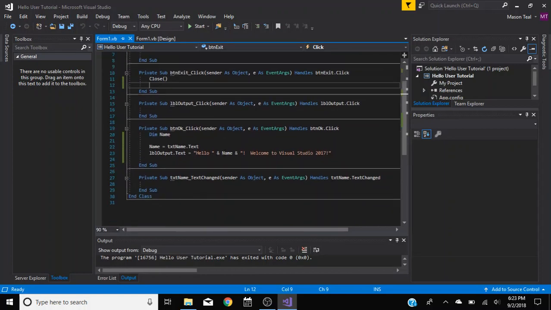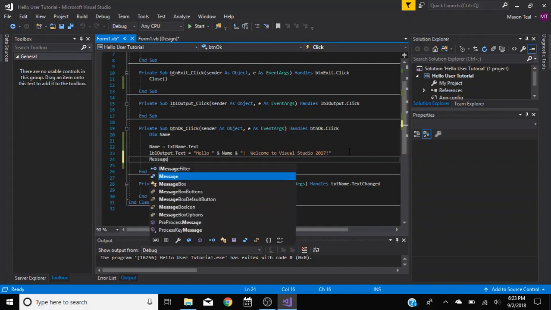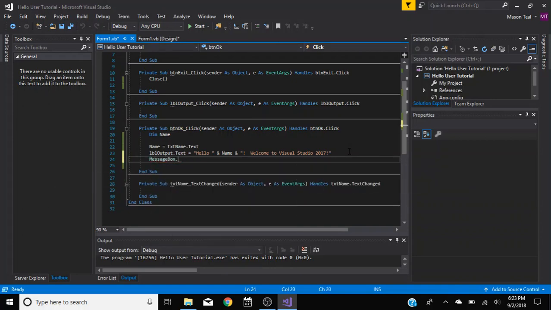But in the tutorial, you can be done if you want. There you go, you got your app. In the tutorial that Oliver did, he created a message box, and a message box is a little pop-up that you get. And how you do that is in the button OK click, you do MessageBox dot Show